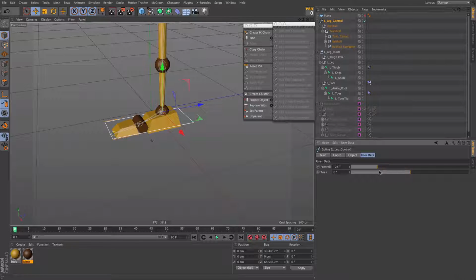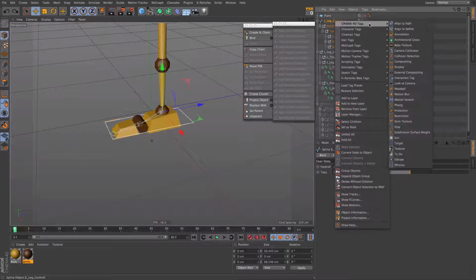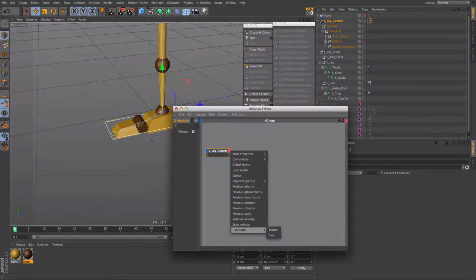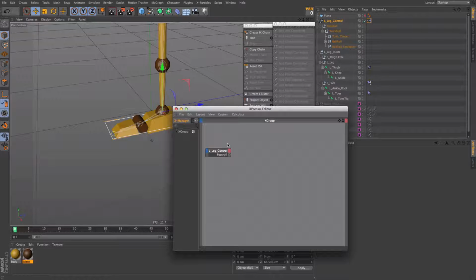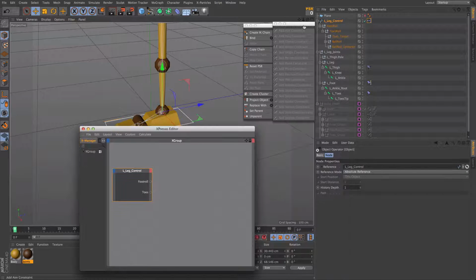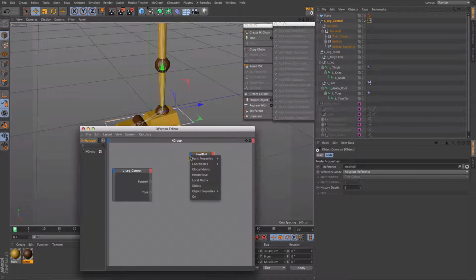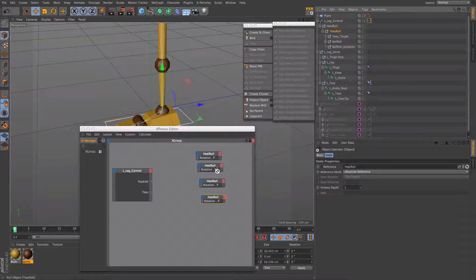And we're going to rig them using Espresso. So let's right click and make a new Cinema 4D tag Espresso. Drop our leg control here, and let's bring our user data. We have a foot control and a toes control. And then what we want to control is all these nulls that we made. We want to control the heel, and basically in all of them we want to control the pitch, the rotation P. Alright, so I'm just going to make a rotation P and then make a bunch of copies for this node, and I'm just going to drag and drop the other objects and replace it. So ball roll, and we want also the